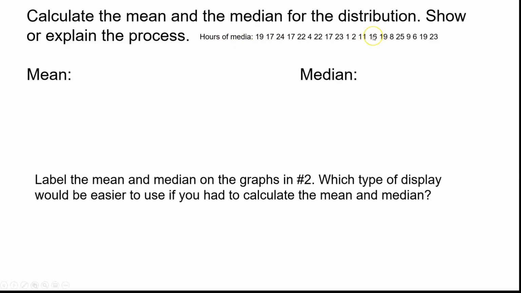I managed to carry our data forward for us, so we don't have to go back and look at it on another slide. Our mean is going to be an average. We are going to add up all of our numbers. I'm just going to call them numbers. And we are going to divide that by the total number of people that we had in our survey. So what does that look like? It's going to look like